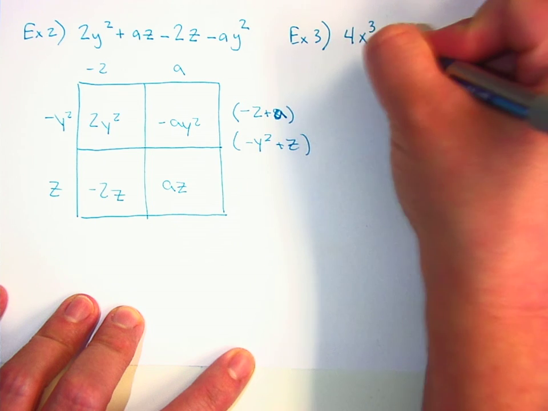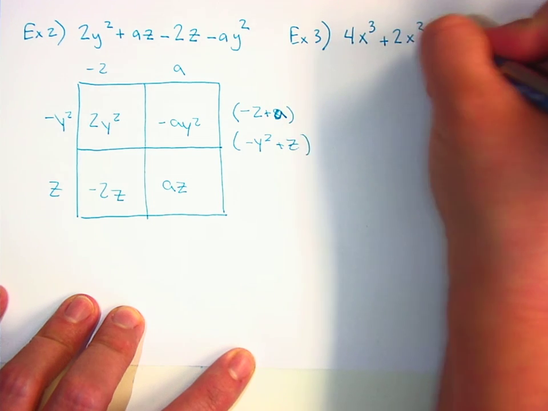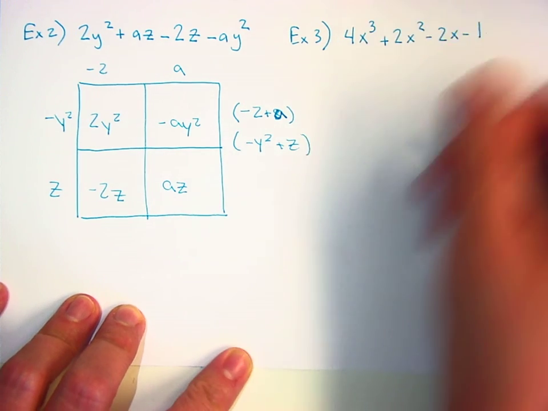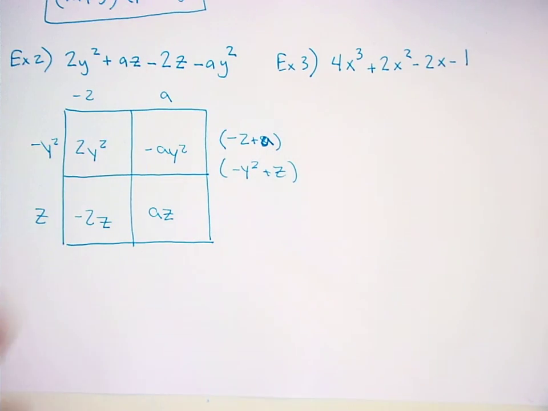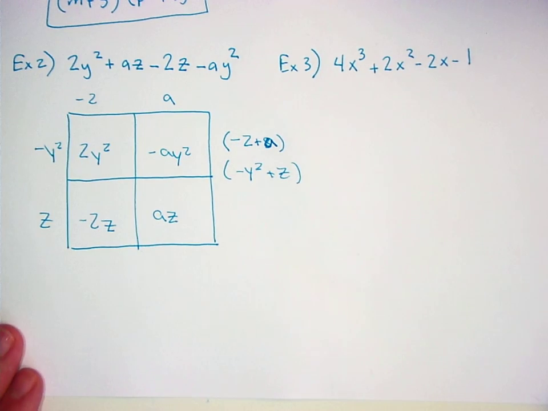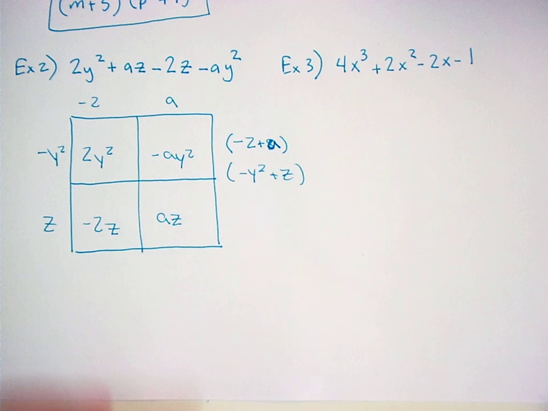4x to the third plus 2x squared minus 2x minus 1. Before you guys start working on this, look at it quick with me. There are 3 ways of factoring I've taught you before this, right? Remember how there